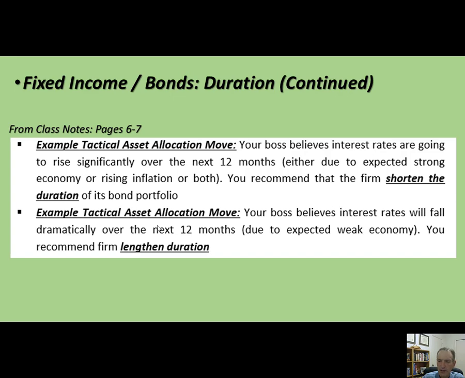You see that bond will rise in price, and it makes sense, right? You have some bonds that are paying you 6% or 5% for 10 years. I'm not doing that today, but during my career, it was pretty common for longer term bonds to pay 5%. And you think interest rates are going to fall to 2%. You want to lock in that 5% and buy a longer term bond. And so that's the tactical.